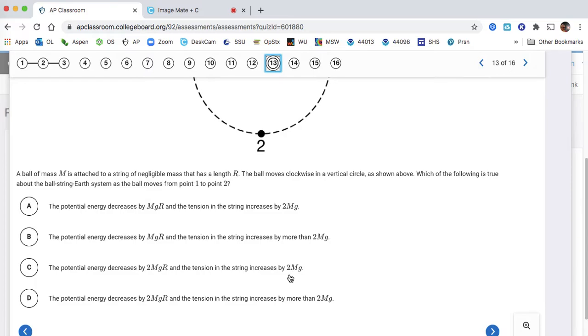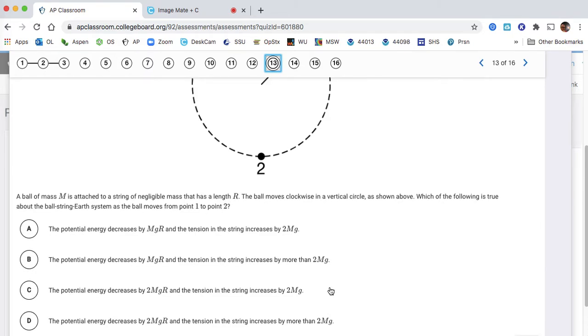The tension in the string increases by twice its weight when it goes down, because it's going faster and faster, right? And the tension increases by more than twice its weight. Oh, I can tell you now, it's going to be this one. It's going to be D, but let's try to prove it. It's going to be D, because,